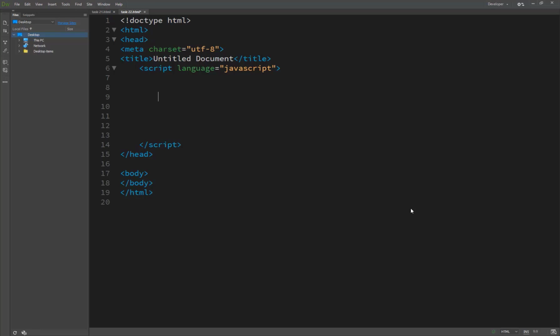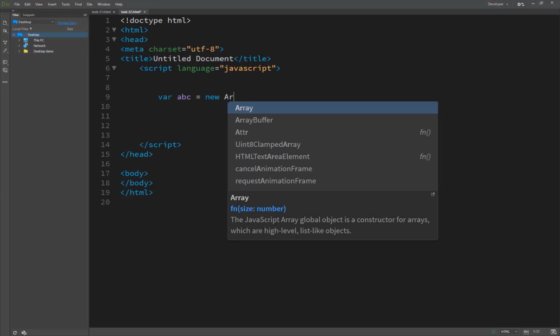So first of all, we have just created an array. It's a var new array is equal to new. This is the array name, which you can set to whatever name you want. It's new array, or you can set something else, like ABC, so it doesn't matter.